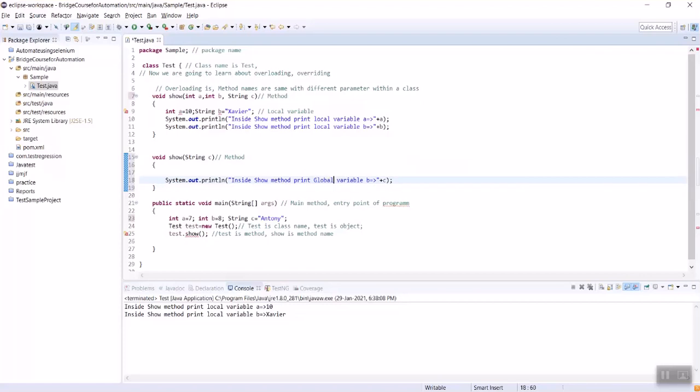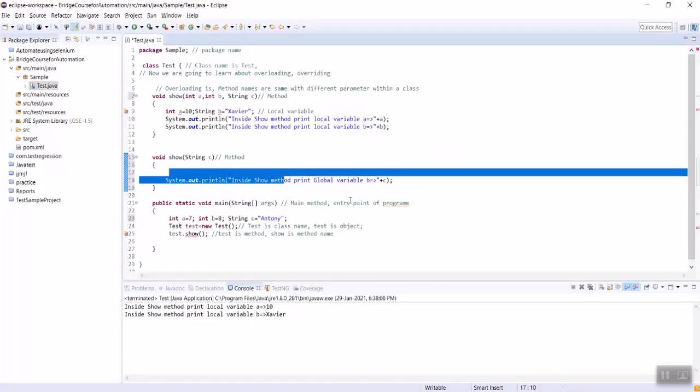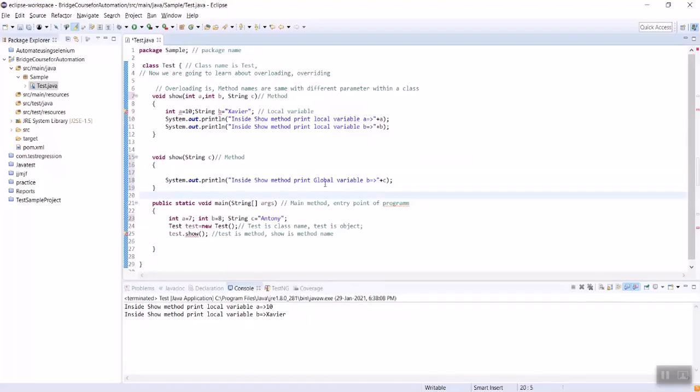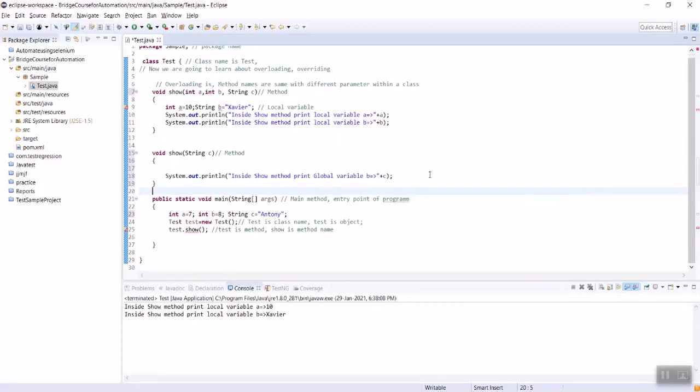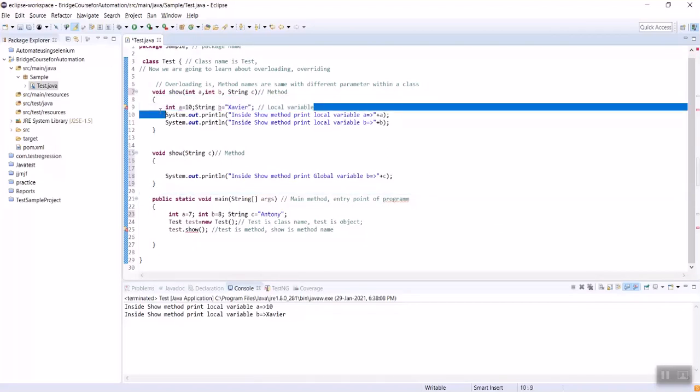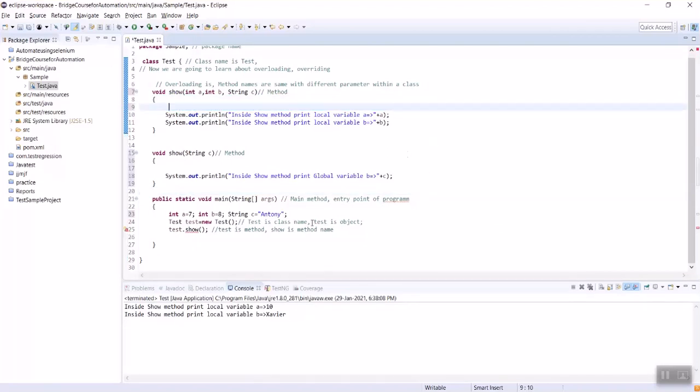It's going to print, I guess, the global variable. Next, currently we have two methods. One method consists of three parameters, another method consists of only one parameter.